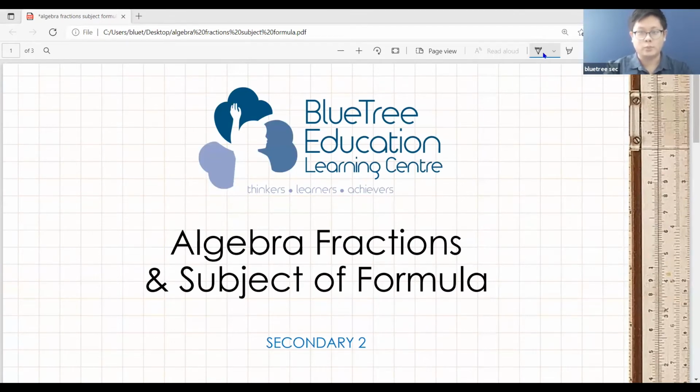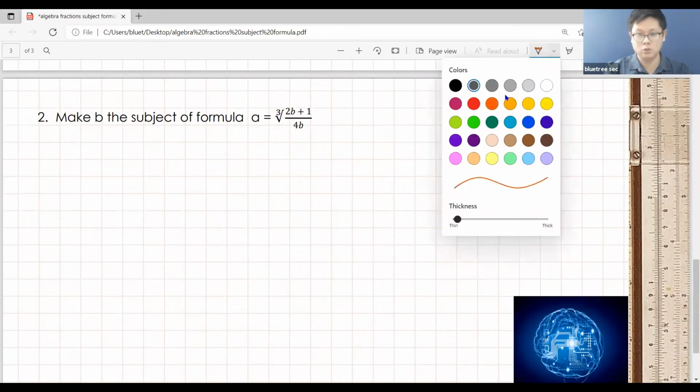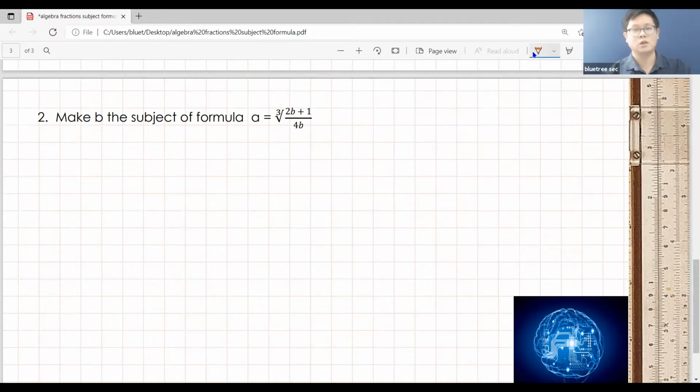So we will still be covering the topic of algebra fractions, but the focus of today is to cover a common question on subject of formula. Okay, because of subject of formula, there are many different kinds of questions involved, but I will assure you, if you follow these 4 steps diligently, you will be able to solve 90+% of subject of formula